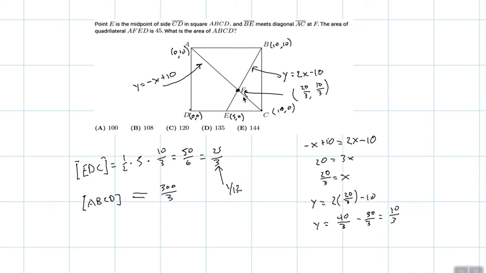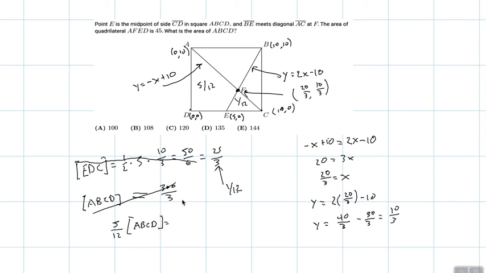But this area of the triangle is always going to be 1/12 the area of the whole square. Since this diagonal divides the square in half, and this is 1/12 the area of the square, then we know that this area is 5/12 the area of the square. So therefore, it's going to be true that 5/12 times the actual area of ABCD,